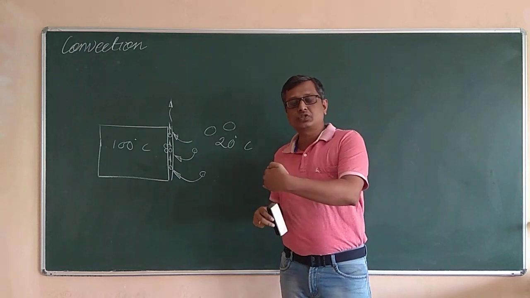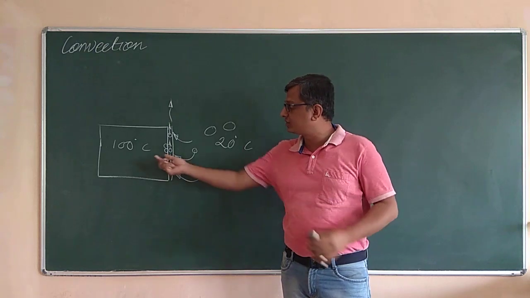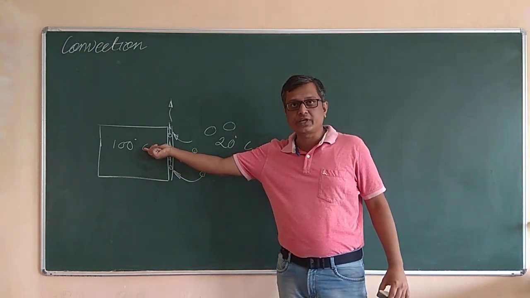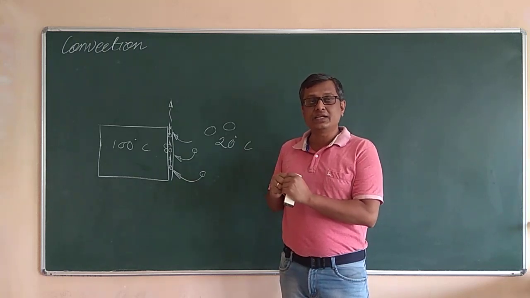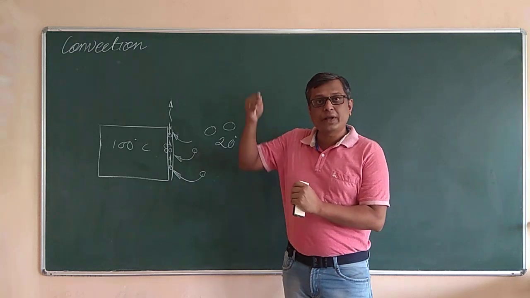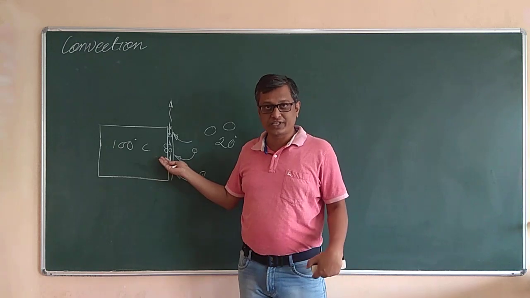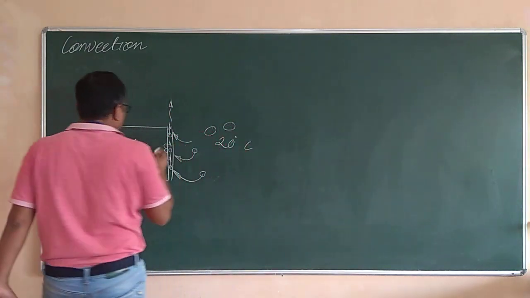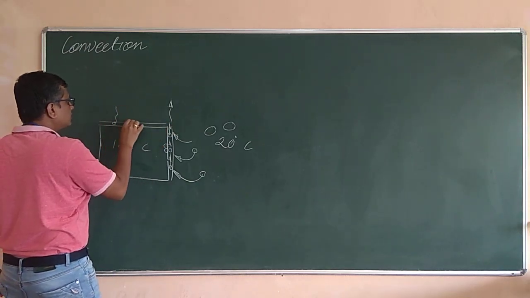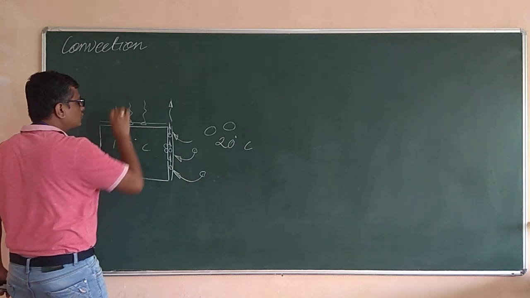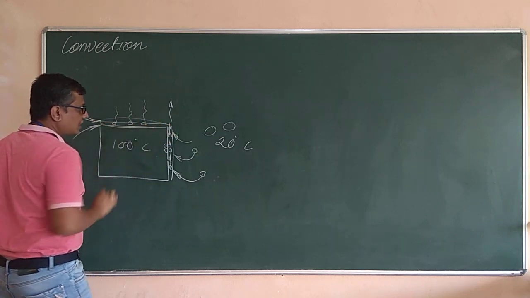The air comes in contact with the solid surface and absorbs the heat energy from the solid block, which is at a higher temperature than the air, and after absorbing the heat energy it becomes light. As it becomes light, it starts to move up. As it is moving up and up, the adjacent dense air comes to that place to occupy that space, and continuously, even in this case, at the top layer the air molecules which get heated will start to move up, and the adjacent dense air will come over there and occupy this space.